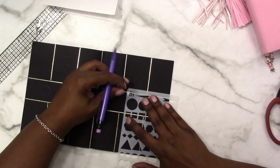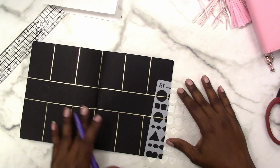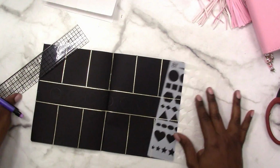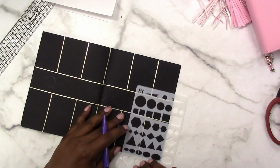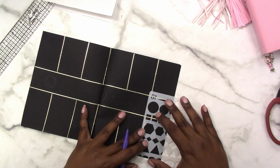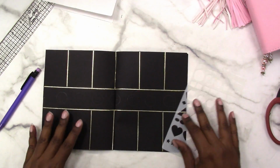And I'm just lining up the edge of the circle with the half-inch mark and drawing in my circle. So that's keeping them spaced out nicely. And I could use one of these squares to measure out my space in between, but since I started with the ruler, I'll just keep going with the ruler. It's not really always about measuring, it's just making sure that it's the same. You don't necessarily have to use a ruler to do that. I probably could have used this completely to do it, but...